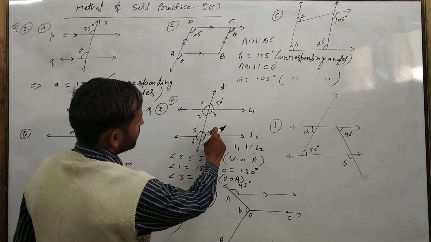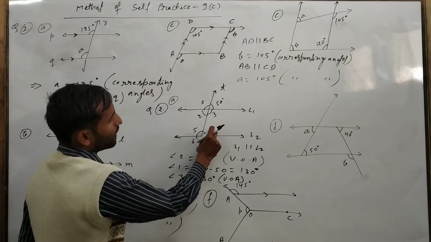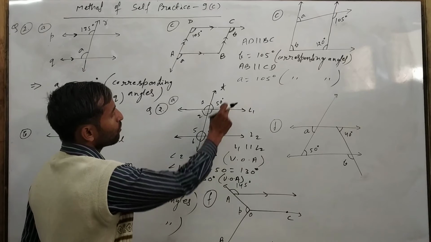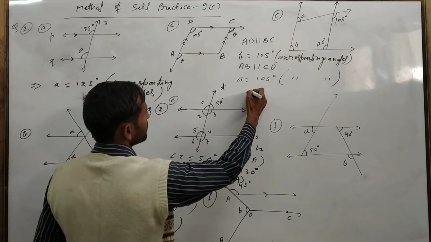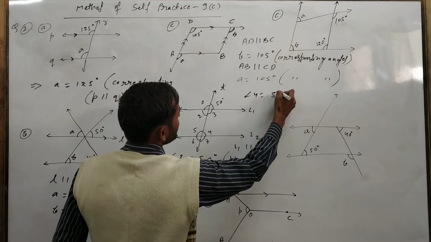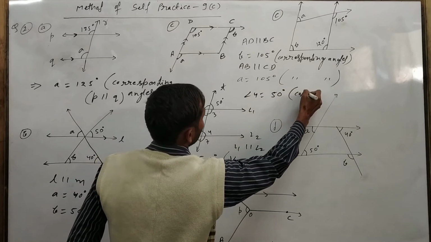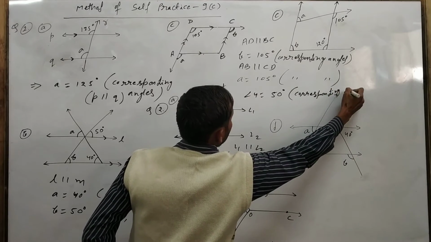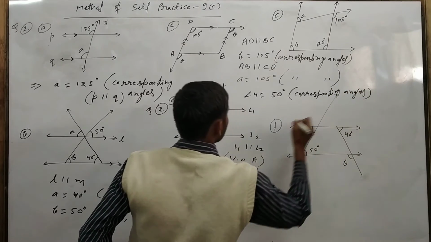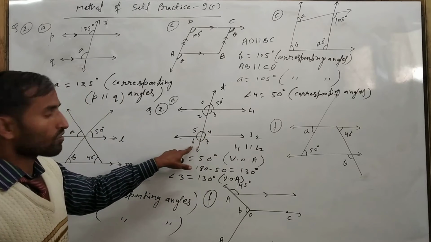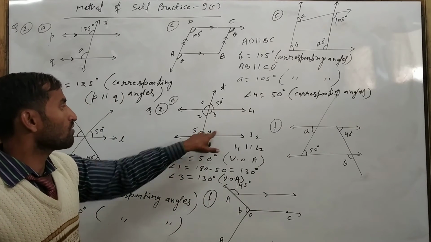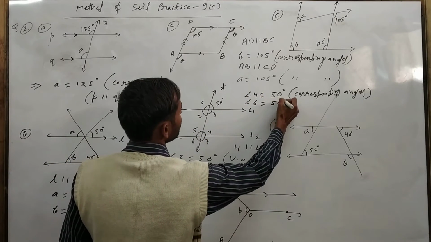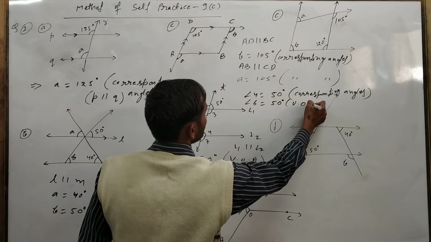So just you see here, this line is parallel. So angle 4 and this 50 degree angle are corresponding angles. So 4 and 50 degrees will be equal. So just write down here angle 4 is equal to 50 degrees. The reason will come here, corresponding angles. So if you want, you can find more. Now angle 6 and 4 will be equal because both are vertically opposite angles. So the same, angle 6 is equal to 50 degrees will come. The reason will come here again, vertically opposite angle.